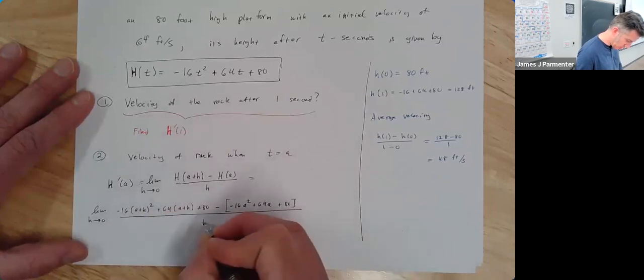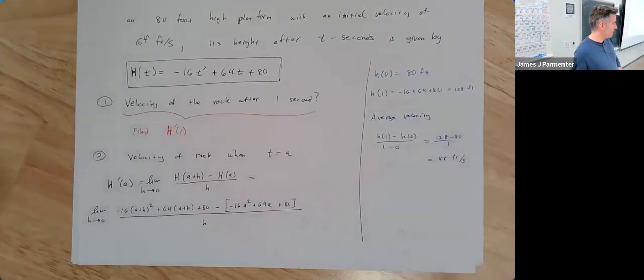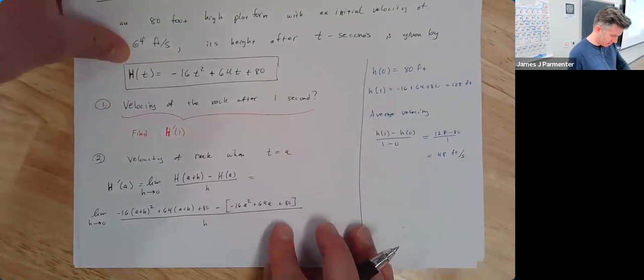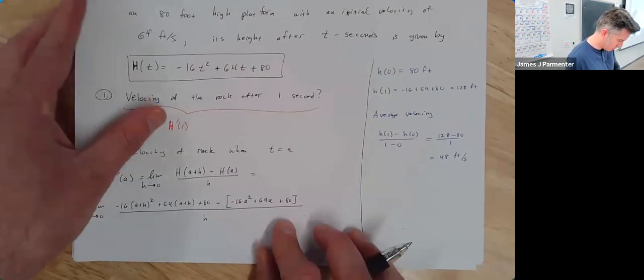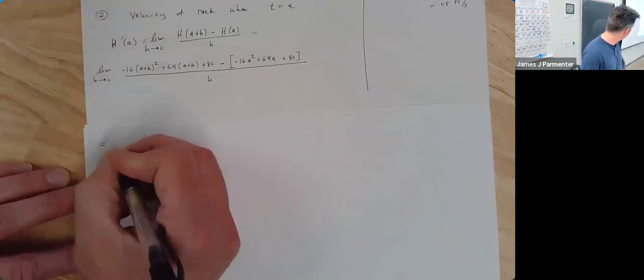All divided by H. And just like in the previous problems, we should be able to simplify this in such a way that all the things that don't have an H cancel out. We have to do a little bit of work though. So let's see here. And I need more room because I'm going to run out of room. So this is going to equal